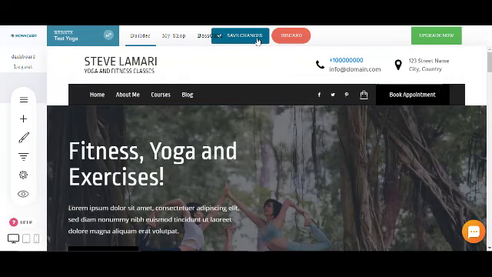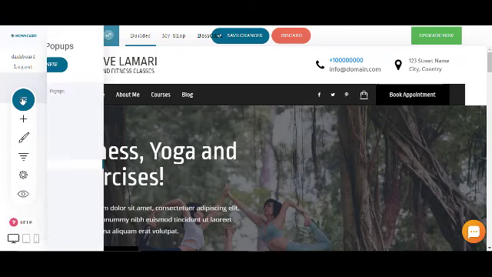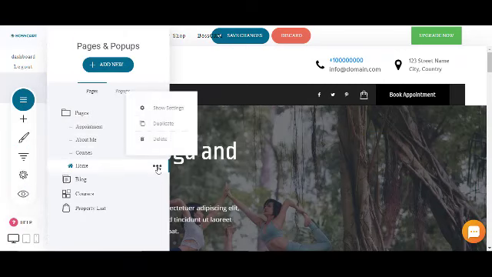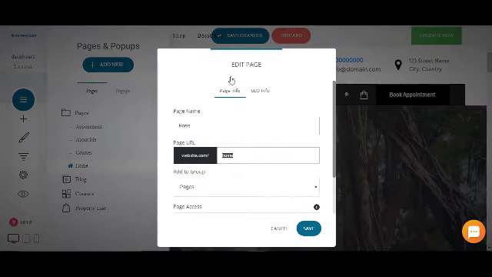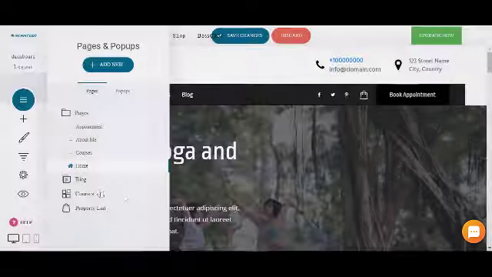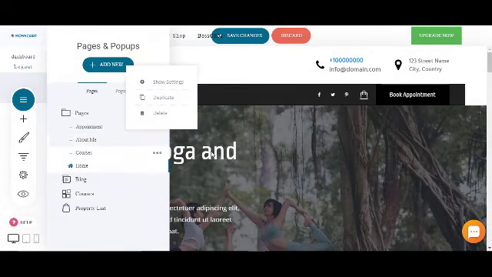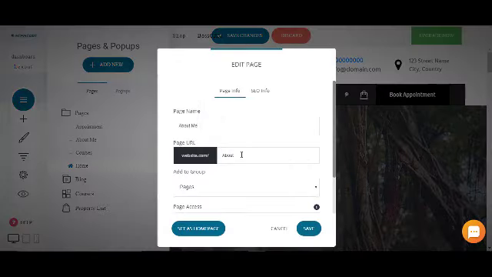And I didn't go over it yet. Basically, to change the URL, we would go into pages, and then choose the page options, show settings, and then right here, under page info, we can actually customize the URL. So if the home page is just the home page, it's just going to be this URL. But if this weren't the home page, like an About Me page, we would put something like, you know, about yoga,